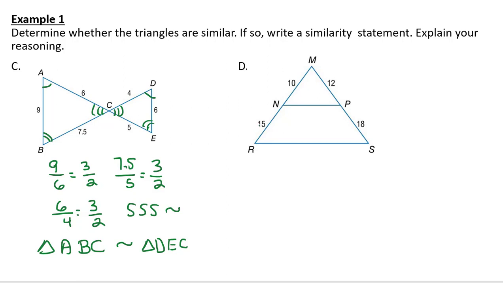I actually think this is a fun one because you have one big triangle and then another small triangle. They both share this common angle of M. So they have an angle that's shared. Now what I want to see is MR